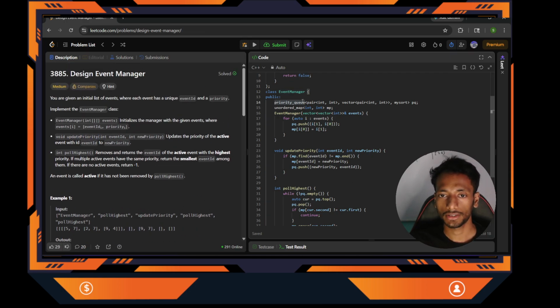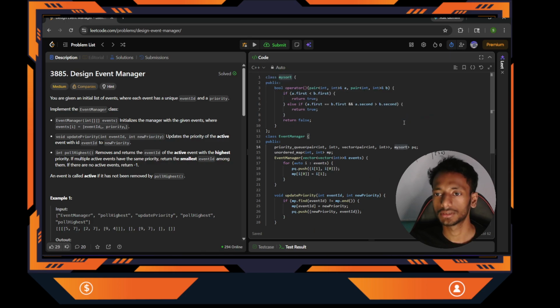First of all, I will take one priority queue or heap that stores a pair. The first element of this pair will be the priority of the current event, and then the event ID. This is the sorting function for this priority queue. You can see that I take two elements, the first pair is A and the next pair is B. So if the